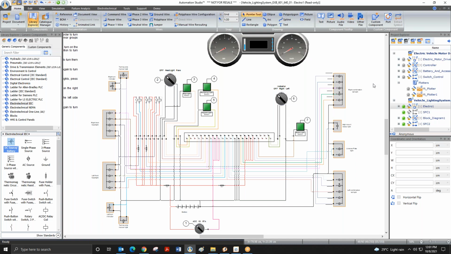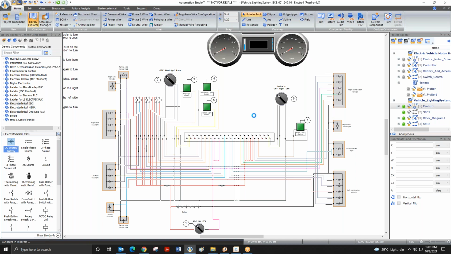Yes, sir. I was just listening to him. I was talking about the ease of preparing this circuit on a single layer. Normally I would first do the circuit for front indicators with upper dipper, then the indicators, then the braking light. I think it will be allowing in layers. I finish one circuit first, then the second electrical, the third electrical, and then I overlay them and form a final one.